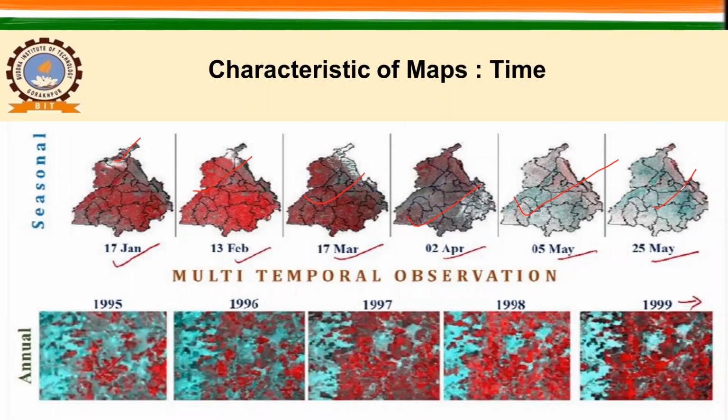I hope by now you are familiar with this standard false color composite. So this red color, basically it represents the vegetation in your study area. So here you can see how this color, this red color, what is it basically representing? It is representing vegetation. So here you can see how this red color is changing through all these years. So this gives you very important information about your problem through the time.